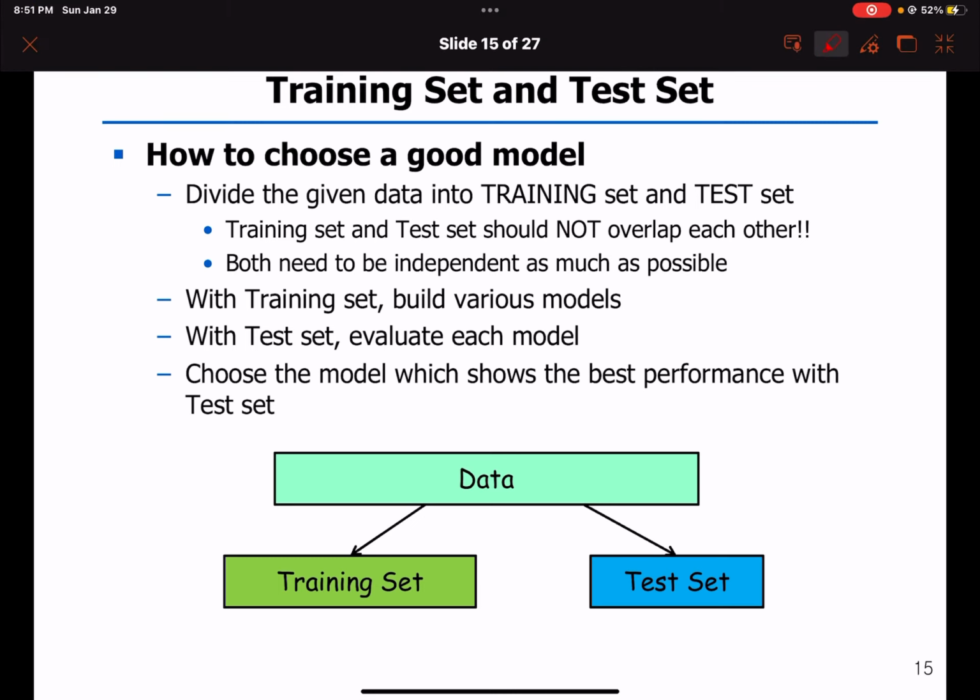So the question is, how do we choose a good model? Given the data is divided into training and test sets, I already told you that the training set and the test set, they should